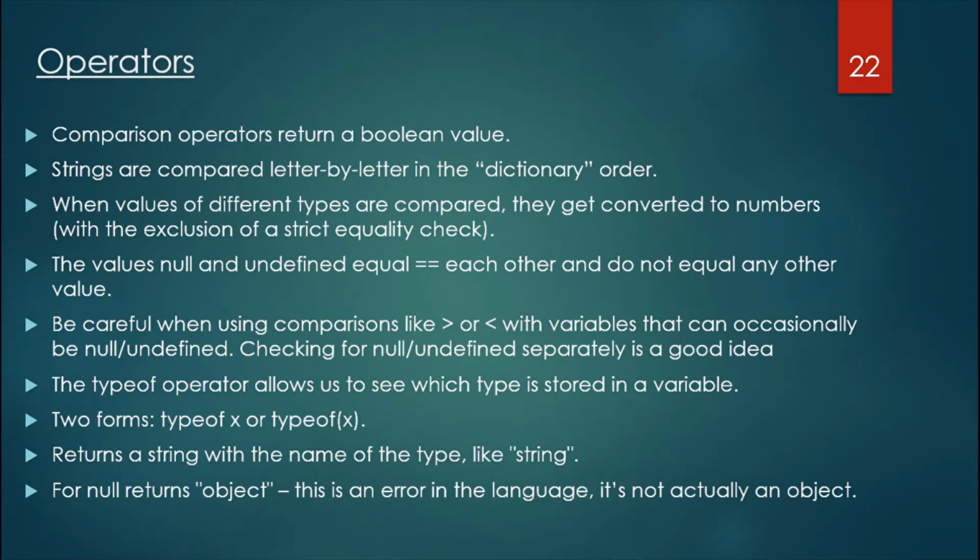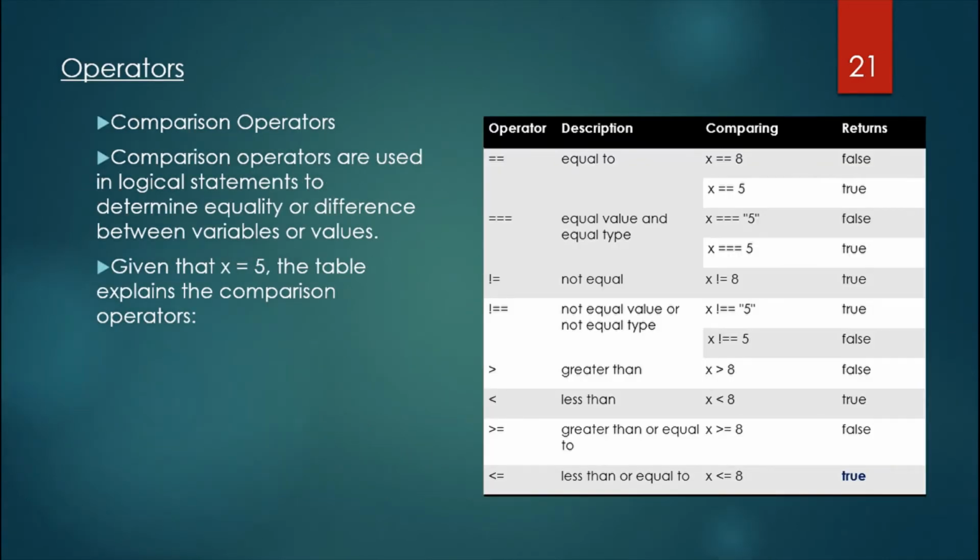Just remember that these are operators which are very useful while doing any kind of operations or while checking any kind of conditions. When we are doing comparison operators, we are checking a particular condition for that particular value. Whenever we are checking a value related to age, or some particular condition, like if x is greater than 5, then do these steps, else do the other steps, in that case we are using the comparison operator. So let's see the practical.